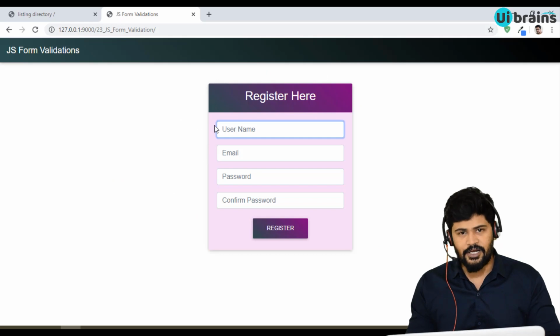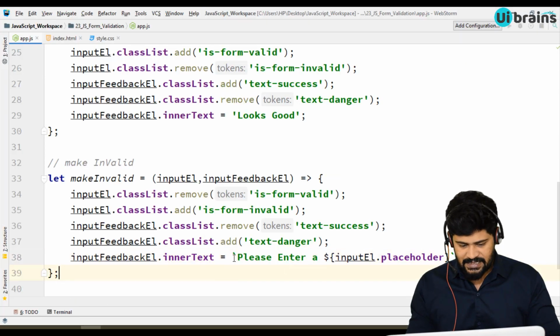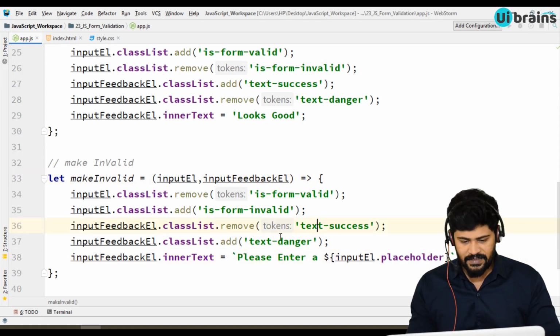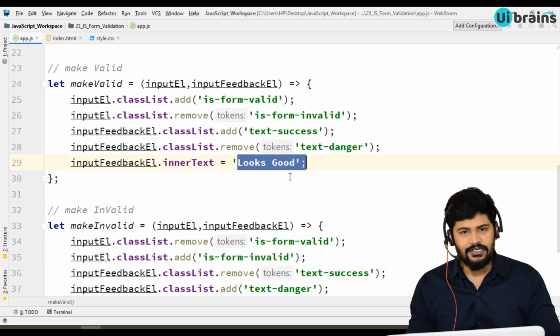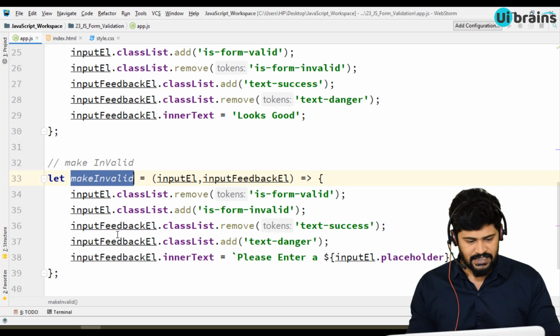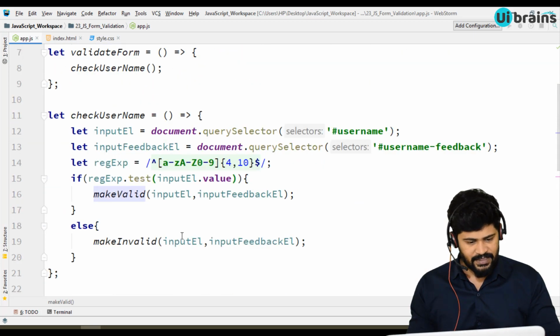This value I'm just catching. So for email, password, please enter confirm password. This is exactly the placeholder I'm displaying below. Input element is anyway being passed, so dot placeholder, and here this static message looks good. Fine, so we made make valid and looks good.